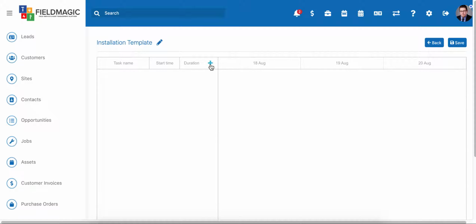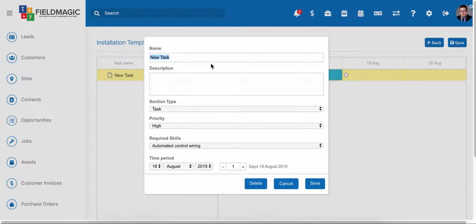Okay. Then we can start adding and defining our project. So the first thing you'll need to do is click on this little plus button over here, which will pop up your first task. And the first task we want to set up in this example is we want to have a deposit. We can give it a description as well. So in this case, I'll say deposit